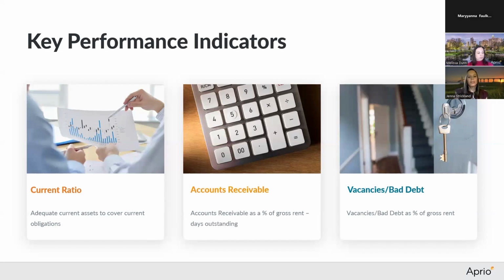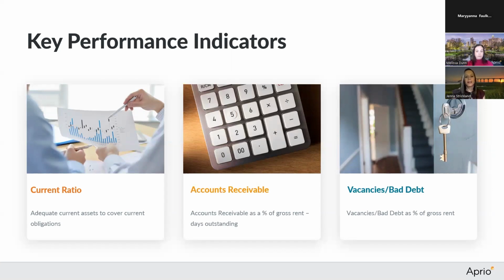Another thing you can look at is your accounts receivable days outstanding. So you would calculate that by really looking at your accounts receivable divided by your revenue times 365 to see how many days are outstanding. And I would say you really want that to be 30 days or less because, again, oftentimes if you have tenants that are non-paying, usually that's going to result in an eviction and that money is not going to be collectible. So that's something else to look at on your balance sheet and your accounts receivable. You want those numbers to be relatively low. We've also talked about vacancies a good bit, but we have not talked about bad debts.